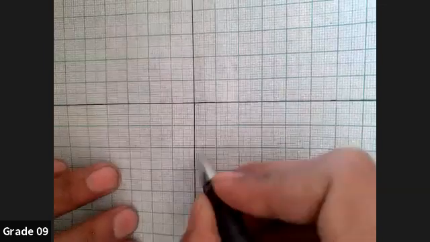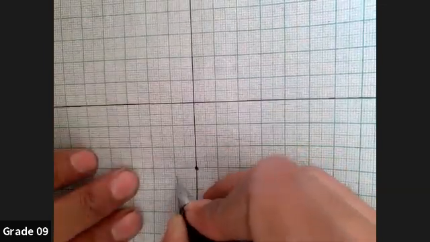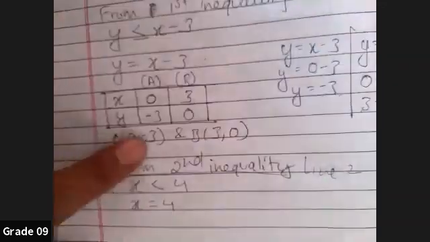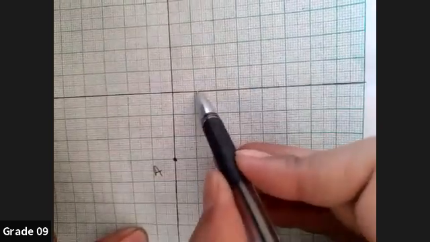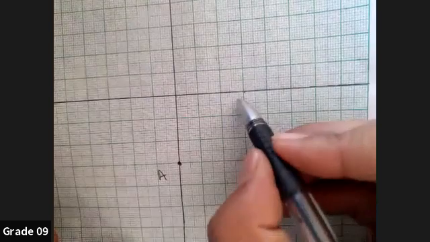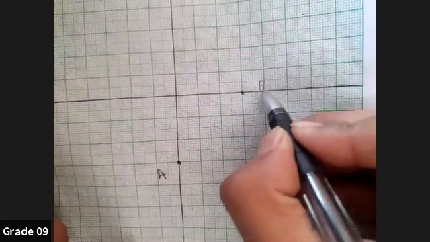So 0 comma minus 3 will be here. This is my point A. After this I have to plot point B, that is 3 comma 0. Your x coordinate is 3, 1, 2, 3, and y coordinate is 0, so it will stop here. This is your point B.